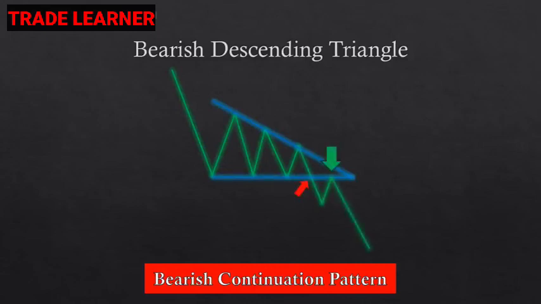The stop can be above the highest high in the triangle as a standard or above a confirmed supply zone, and the take profit target at least 3 times as big as the stop. To finish off the continuation chart patterns, we have the cup and handle pattern, which has a bullish and a bearish variation. Let's begin with the